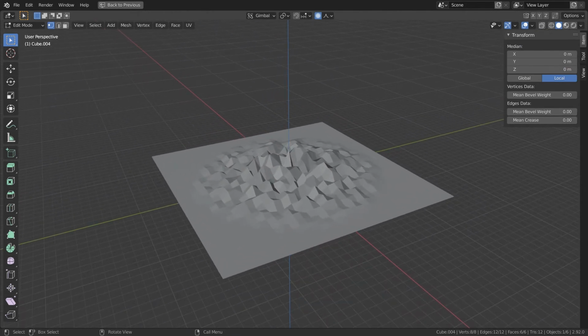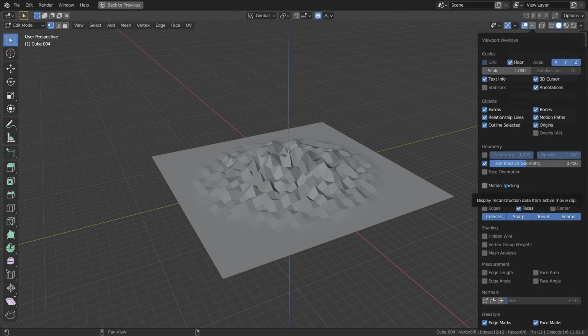The top half of the menu is always the same, from the top to motion tracking. Past that, it'll change based on what mode you're in, so have a look around in there. Some gems I know of are if you go to edit mode, you can turn on measurements. This tells you things like how long your edges are.